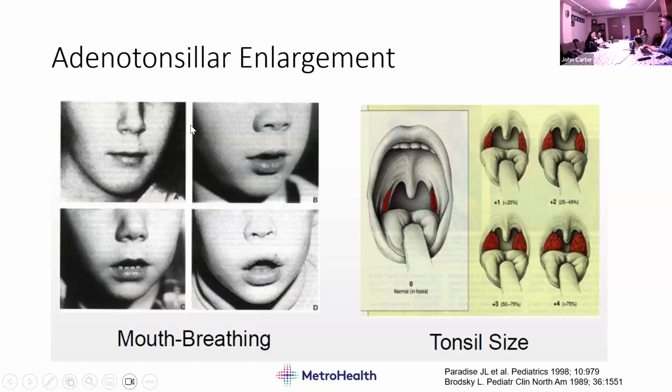Other features can be sort of useful soft signs. So mouth breathing, even during the day in the exam room, as you can see in these kids here on the right and this kid here on the lower left. The reason this can be helpful is that this is often a sign of nasal obstruction, nasopharyngeal obstruction, because of adenoid hypertrophy, and kids will often develop this sort of reflexive oral breathing.